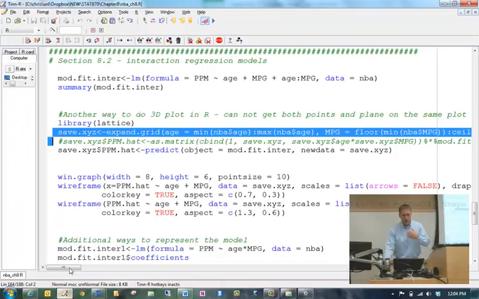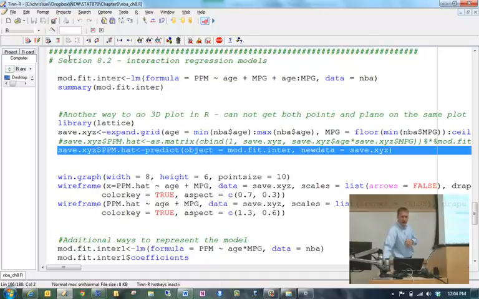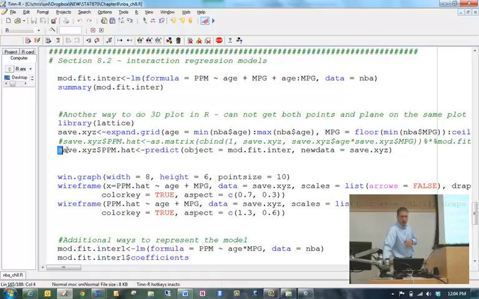So that we don't lose track of why I'm doing this, it's because I need to find ppm hat for all those values so I can graph it. So I just say predict object equal mod.fit.enter, new data, there's all those possible combinations. And what I'm going to do is immediately write these ppm hats into my save.xyz data frame.